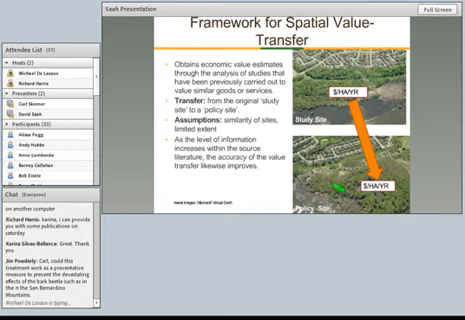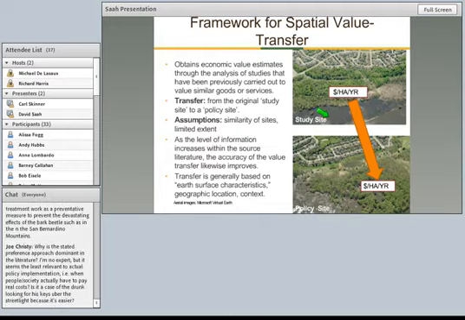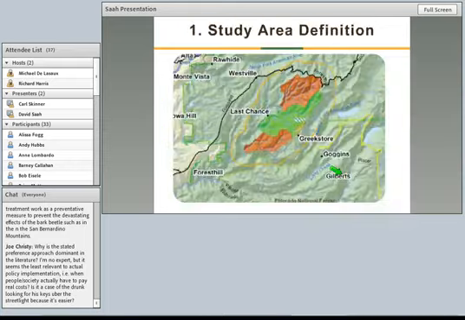There's an assumption that the sites are actually similar. Like I was saying before, there is a test to make sure that they are. And there's also another assumption that as you gain more of these sorts of studies that are applicable to this policy site, the accuracy of this valuation will increase because you'll be able to hone in on what that value is. And this is typically a static sort of assessment when you're doing it this way, where it's based off of a land use. So you have your study sites, you create essentially a map of it, and then you take your values and you apply them.